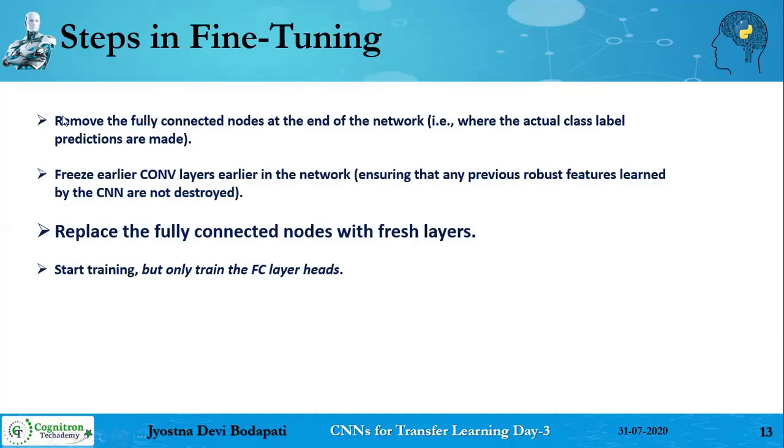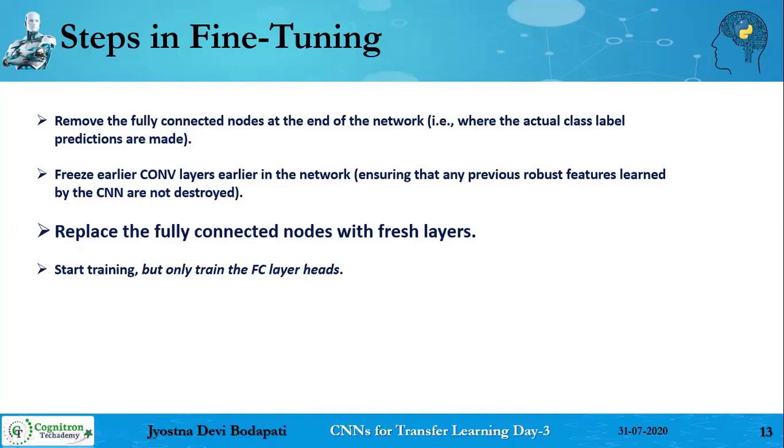For that, the simple strategy we'll be following is, you just remove the fully connected layers from the VGG16 model. What is the final layer of your VGG16? How many neurons are there at the final layer? It is 1000, because the number of classes in ImageNet is 1000 and VGG16 is basically designed for the ImageNet dataset. So you just remove that layer, and if you want, you can add your own layers.